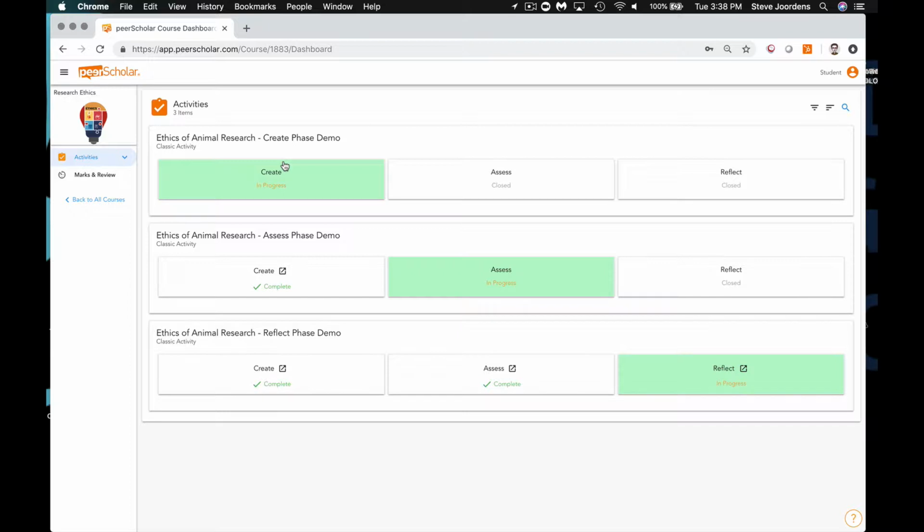Okay. What are we seeing here? Well, typically what you would see is just a single, what we call activity bar, composed of these three steps. And in a normal peerScholar activity, students first create something, they then assess the work of their peers, and they then reflect on the feedback their peers assign to their work, potentially assess that feedback, and potentially revise their work